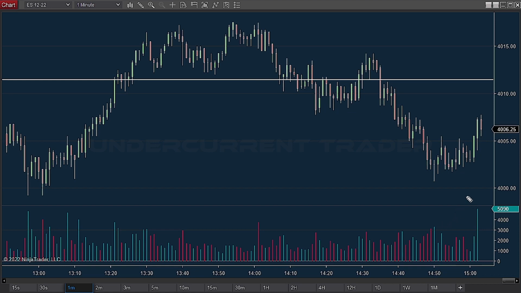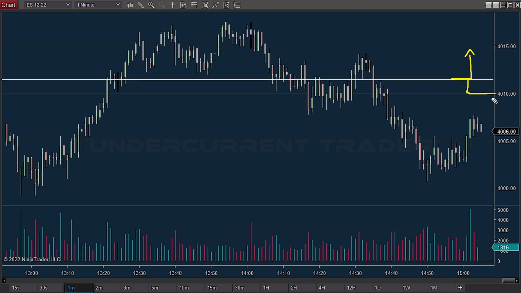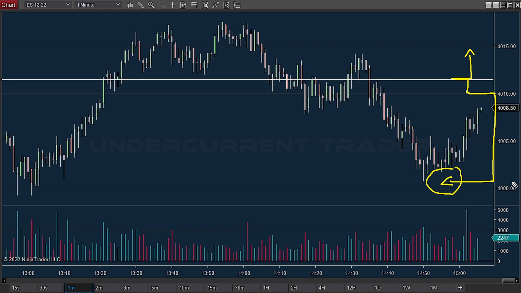This up move may find some strong resistance around the 4010 level. However, a close above this region would confirm the bullish trend, and we may see the price head towards the previous day's high and into the 4015 region. On the downside, a rejection of the 4010 resistance level would negate the immediate bullish bias and could push the price down to the 4003-4002 level. Overall, the bias, in my view, remains bearish as long as the price stays below this descending trend